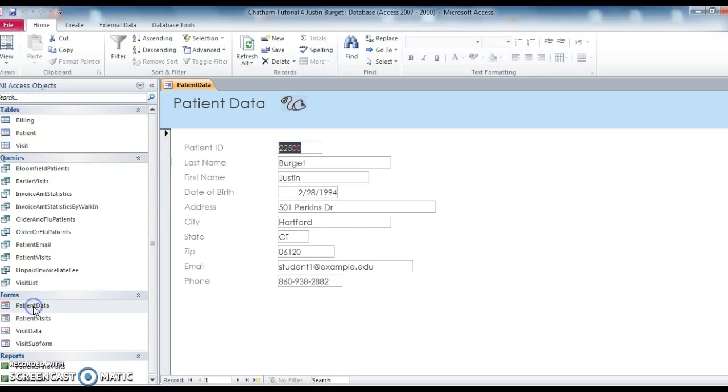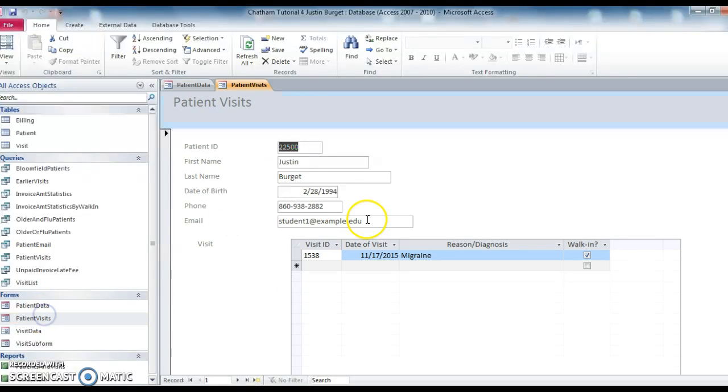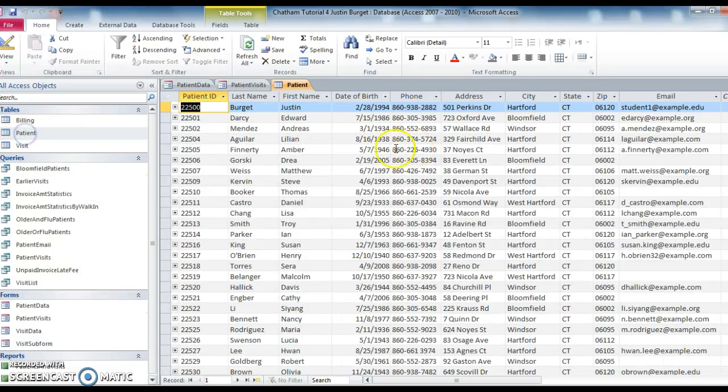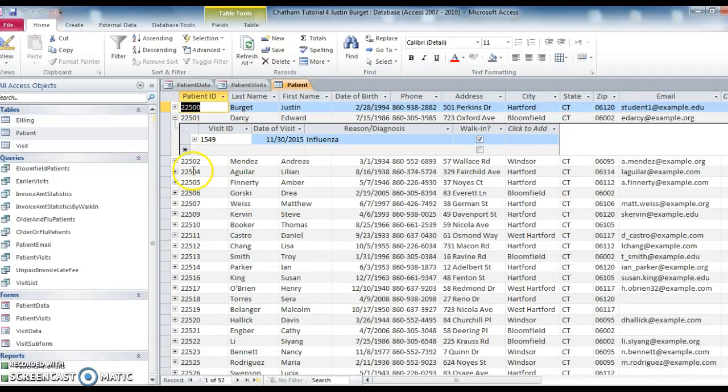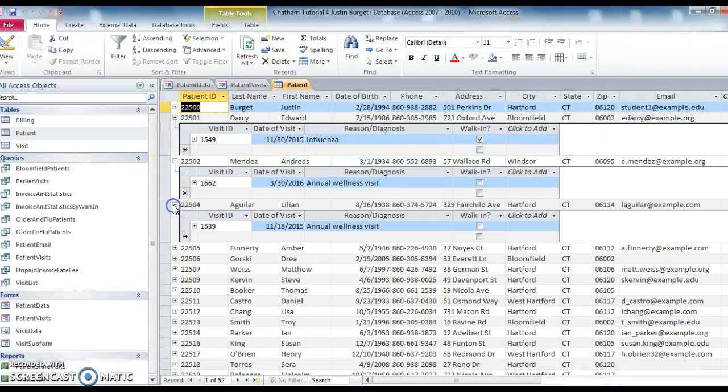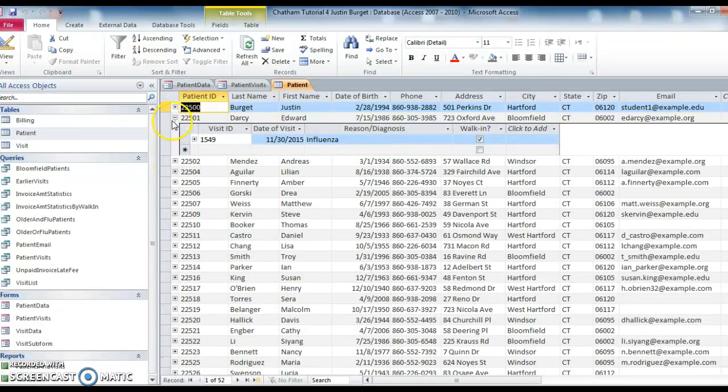So we have our patient data. Looks like that, right? So 52, nice and pretty. And our patient visits, which we have our normal patient visits, and then the individual visits that are related. Now, using our one-to-many relationship, we have situations where we have multiple items listed under here. You'll also notice, because you have that one-to-many relationship between the patient and visit, if you come under the table that represents the patient and hit this little plus sign right here, it also lists all the items from the one-to-many relationship that's associated with that particular